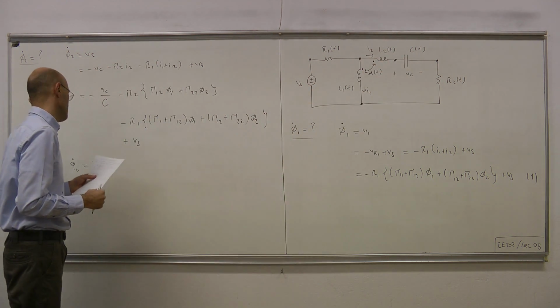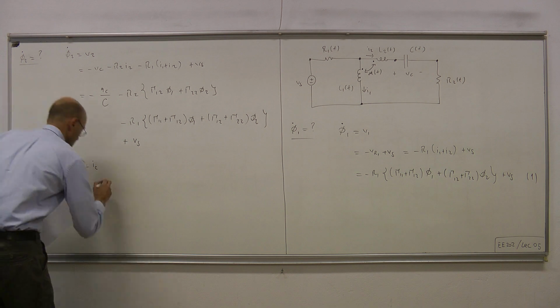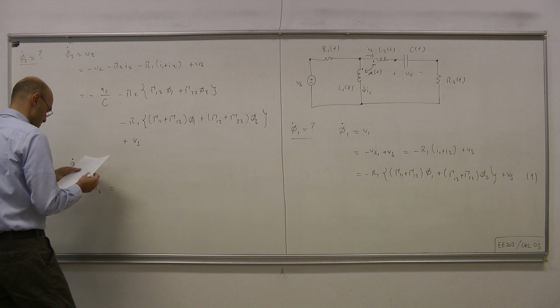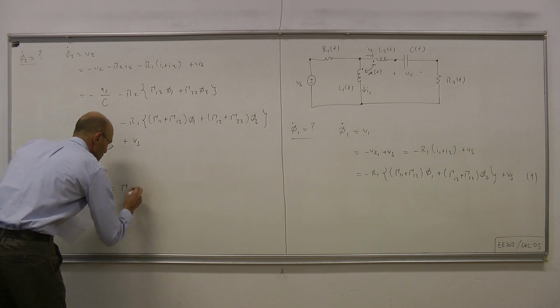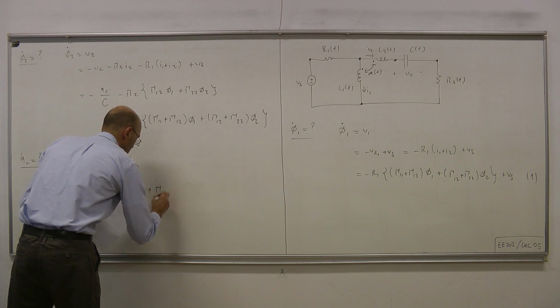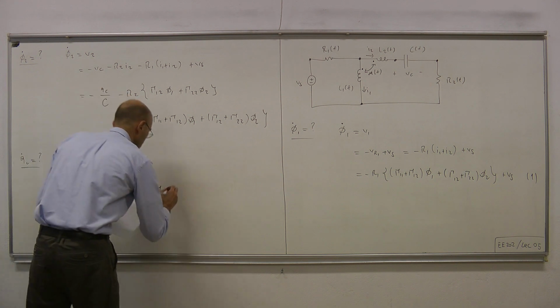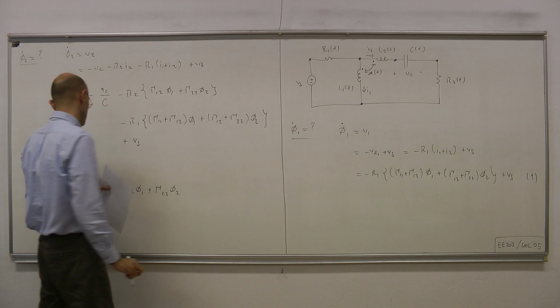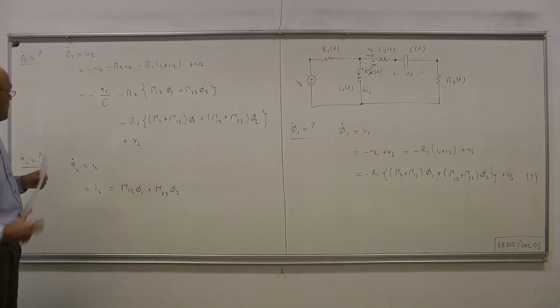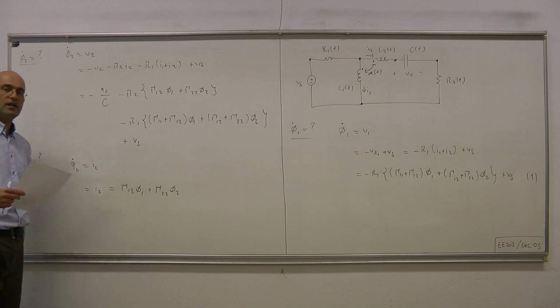It's the same current. And I2 equals, in terms of the fluxes, gamma 1,2 phi 1 plus gamma 2,2 phi 2. Okay. Now we can enter this IC, and that's our QC dot, which is only in terms of